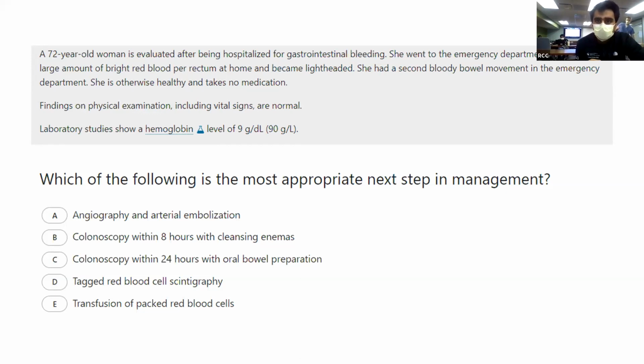So it looks like an acute GI bleed, no previous history. She became lightheaded, so symptomatic. No past medical history. I'd like to do a colonoscopy as soon as I can. Wait. But large amount of bright red blood. Actually, I'm thinking between A and B, just because it's a large amount of bright red blood, maybe, but it doesn't look like